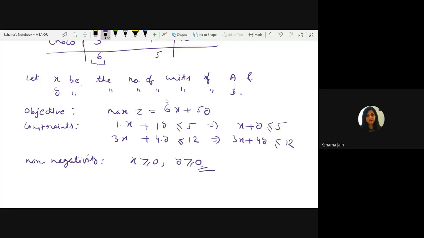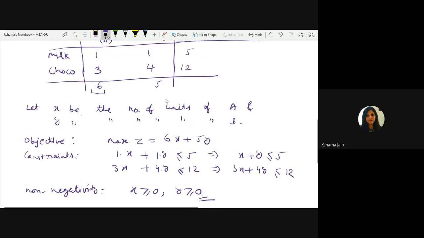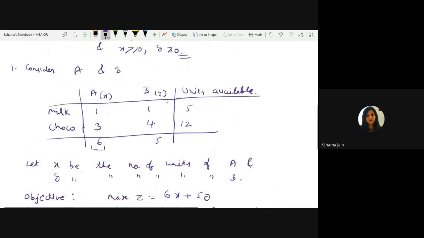This is our first solution of the problem. This is called linear programming problem formulation. The question will say formulate the linear programming problem, or ask how many quantities are required. So this is the formulation, not the solution. Till now we have not got a solution. Solution later on we will study in graphical methods. But for now you need to understand how to formulate a LPP, linear programming problem. Note down, or any doubt at any point, please ask.